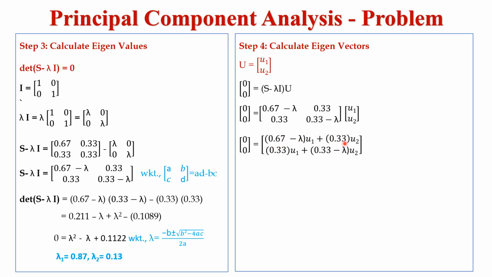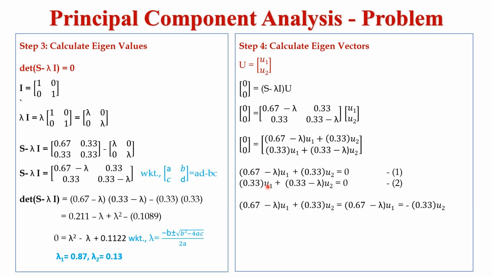So by considering these two rows as separate equations and assigning each equal to 0, we now get two equations. The first row is assigned as equation 1 and the second row as equation 2. In order to find the values of U1 and U2, I'm just considering this first equation